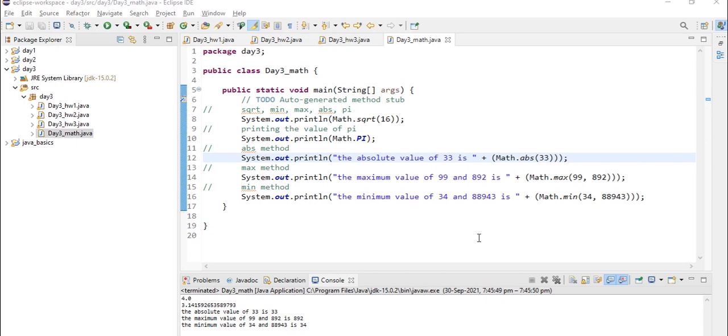So now let's discuss conditional statements in Java. Until now our code was being executed line by line, that is sequentially. If you notice here also, first we are printing the square root of 16, then the value of pi, then the absolute value of 33, then the maximum value of two numbers, 99 and 892, and then the minimum value of two numbers, 34 and 88,943. So here if you notice, it is sequential, and if you notice the execution also, first the square